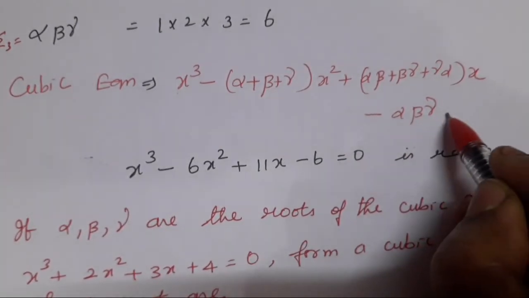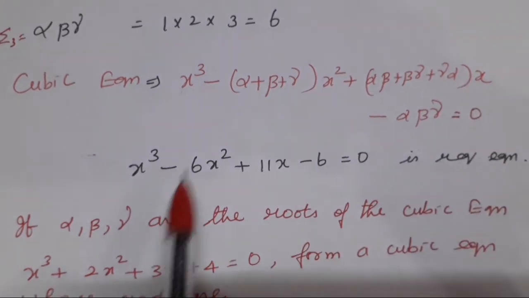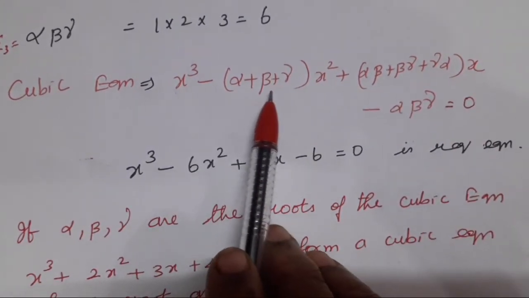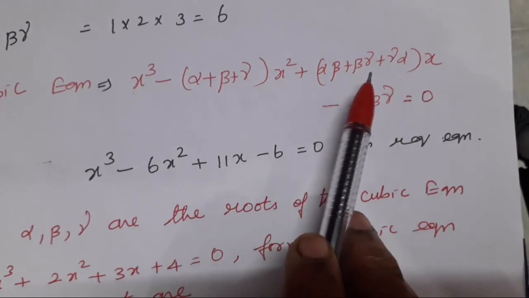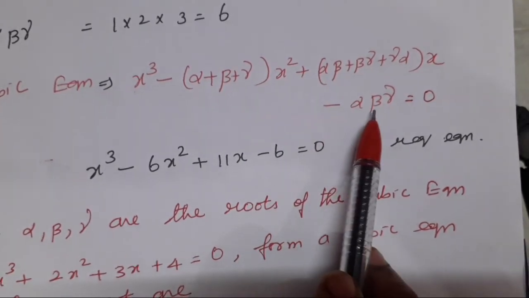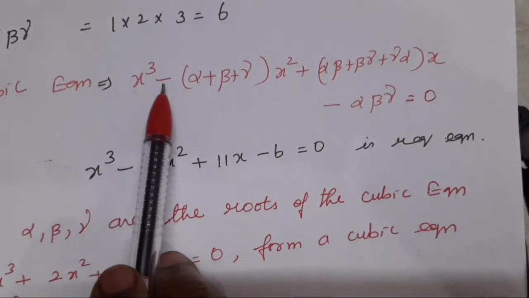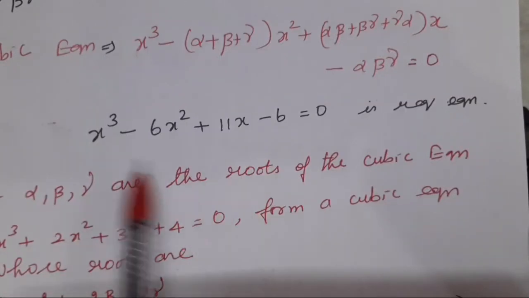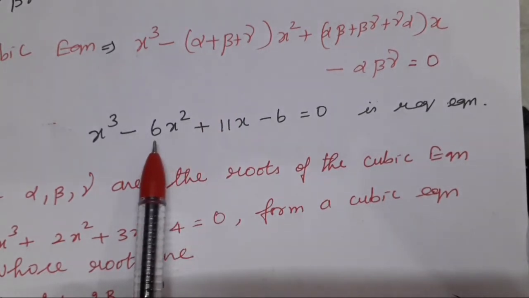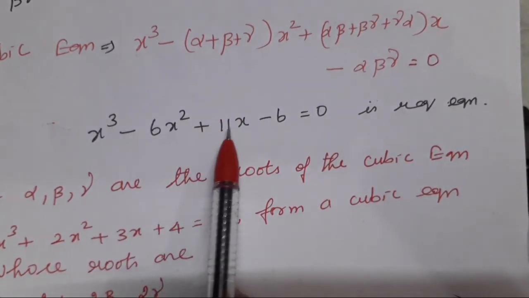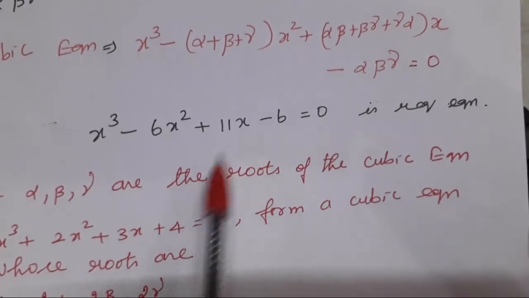Equation means we put it equal to 0. So x cube minus (alpha plus beta plus gamma) x square plus (alpha beta, beta gamma, gamma alpha) x minus alpha beta gamma equal to 0. See the alternate signs, without forgetting minus, plus, minus. So x cube minus (alpha plus beta plus gamma), already we found it to be 6, so you write 6x square plus (alpha beta, beta gamma, gamma alpha), you found it to be